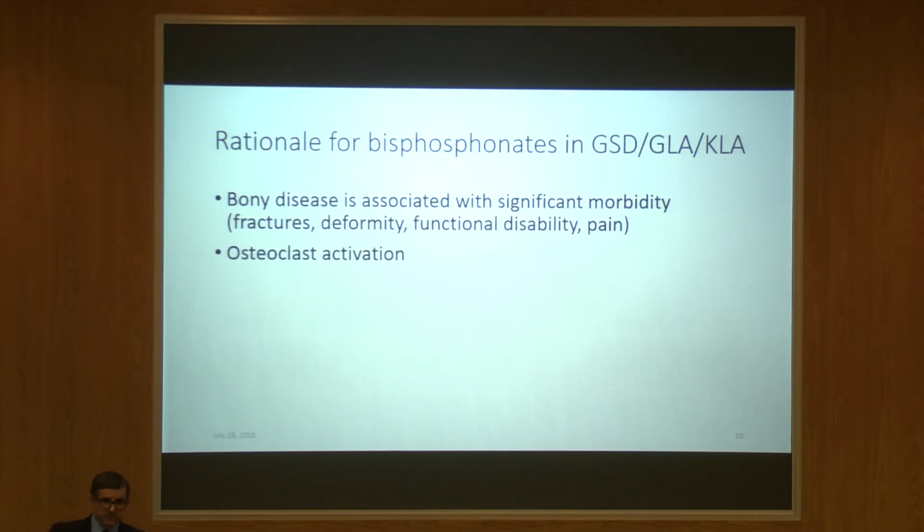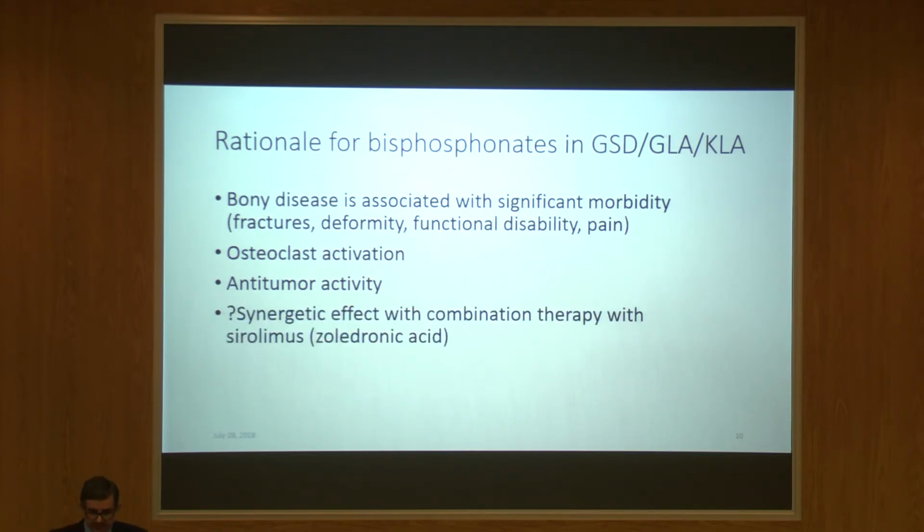The other thing is that, as I mentioned previously, there is some indirect evidence to suggest that in patients who have these types of bony diseases in GSD, GLA, and KLA, there might be some osteoclast activation. So it sort of makes sense to target the osteoclasts. There might be, and this is indirect evidence extrapolated from studies done in adults with cancer, some anti-tumor activity which might be beneficial for patients who have proliferation of their lymphatic